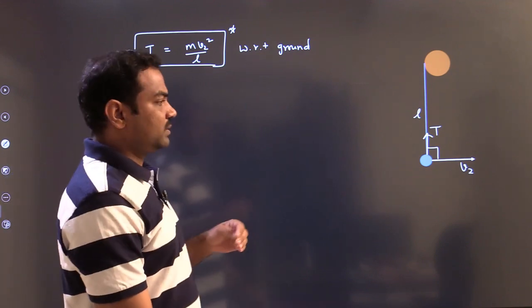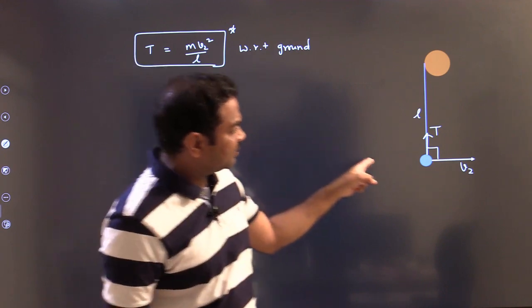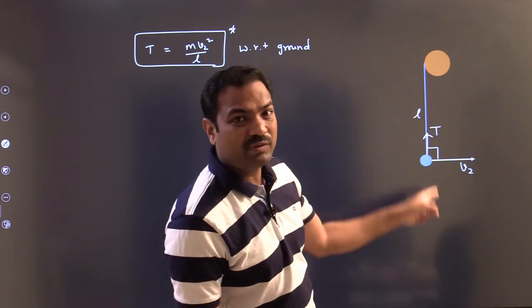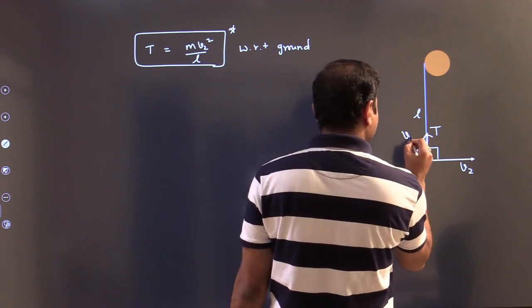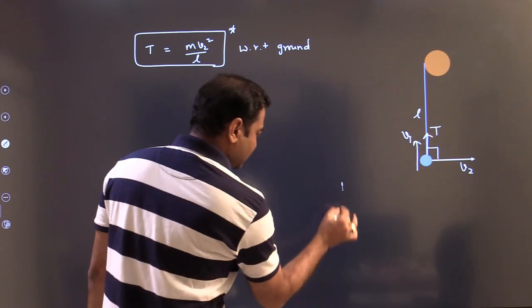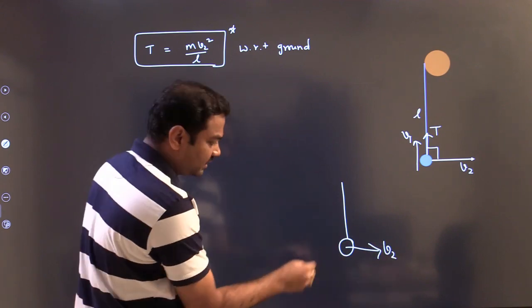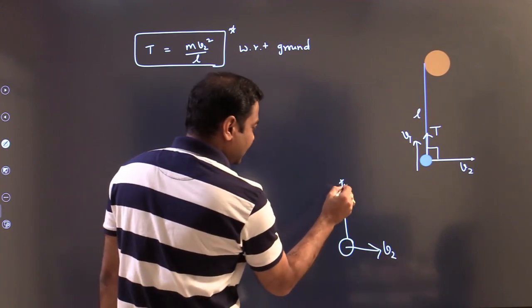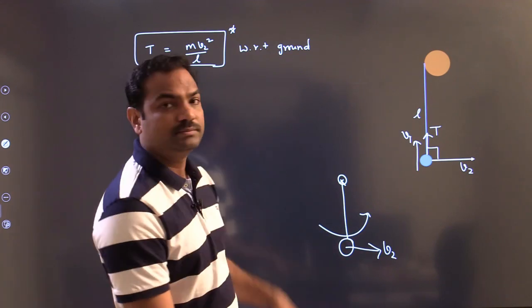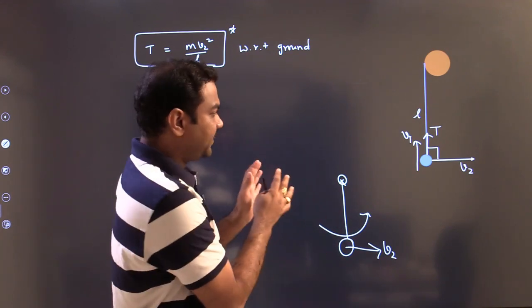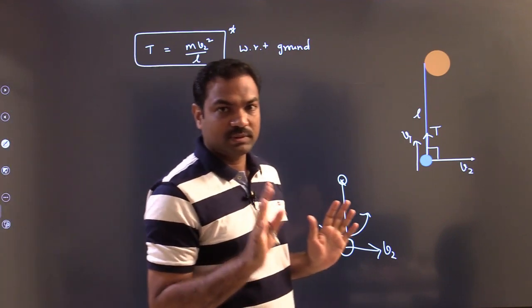Understood? So if you are solving with respect to ground, now the particle is not moving in completely circular motion, it is moving forward also. It is having the v1 velocity also, no? It is not only having the v2 velocity. I am supposing that only the particle is having the v2 velocity and no velocity along this direction. Then I can apply directly, this is circular motion, so tension is equal to mv2 square by L. Understood? So while you are applying this, you should be very careful.